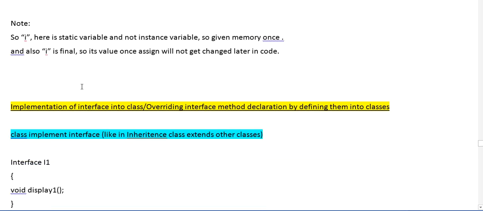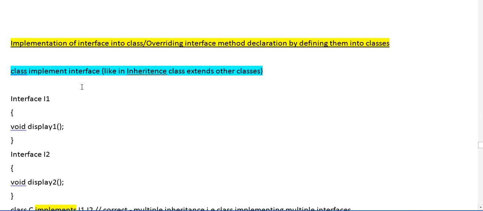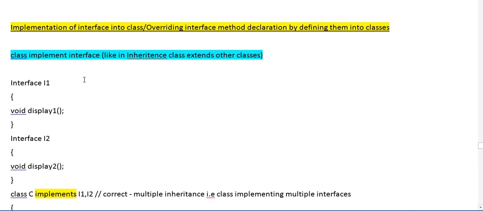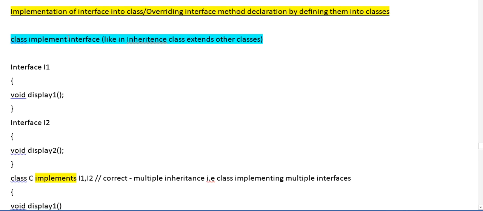Later on, how will we implement the interface? For classes, we inherit some classes using the extends keyword. But if a class implements an interface, then we use the implements keyword.